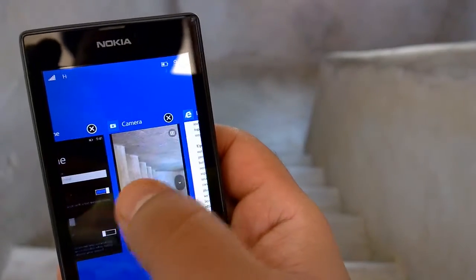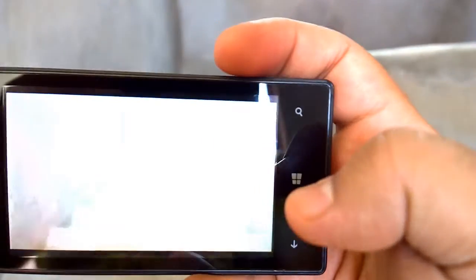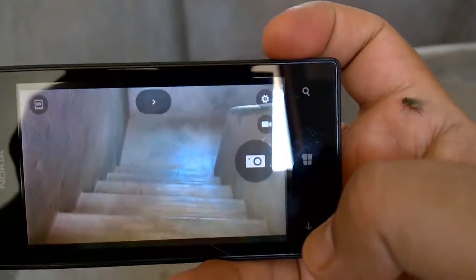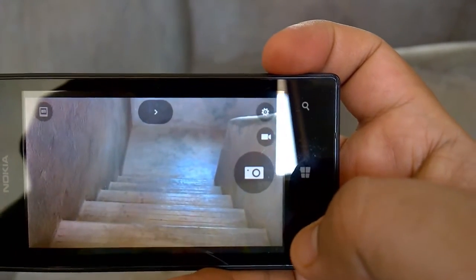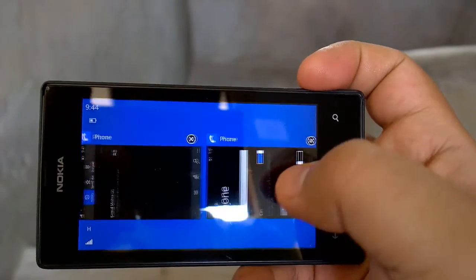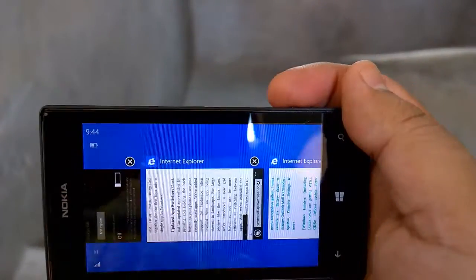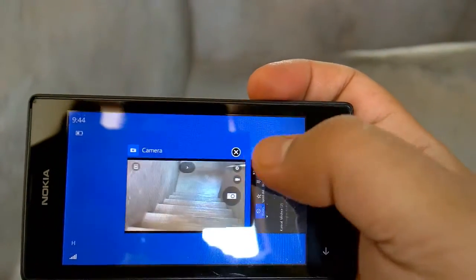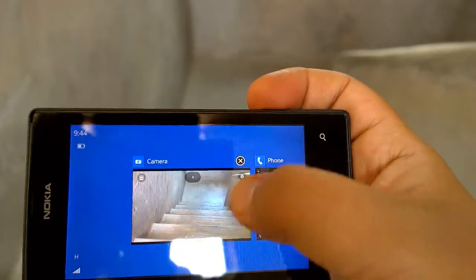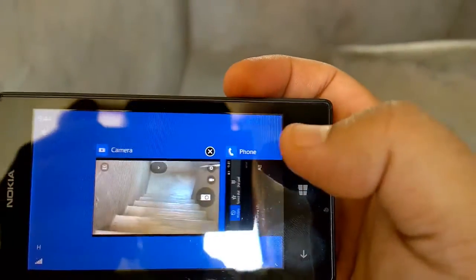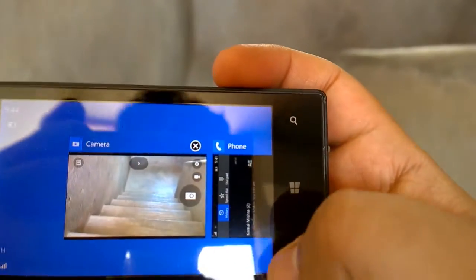One more important change in multitasking is that landscape multitasking is now enabled. When I talk about landscape multitasking, it means that you open an app like camera and you can just enter multitasking. You can see the landscape multitasking here. I'd say it's a very preliminary kind of implementation. Maybe this can be extended to landscape multitasking in most cases, or whenever you actually want to do that.